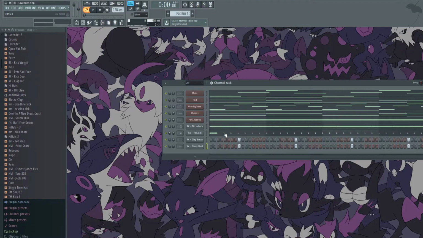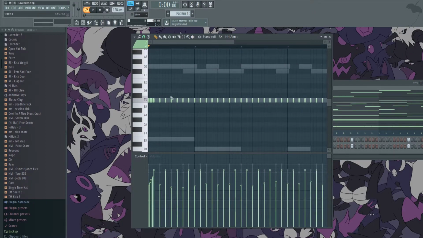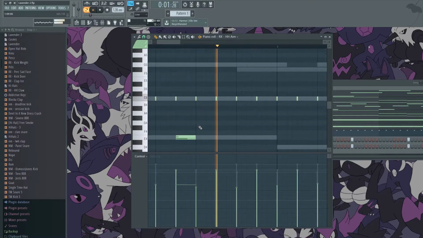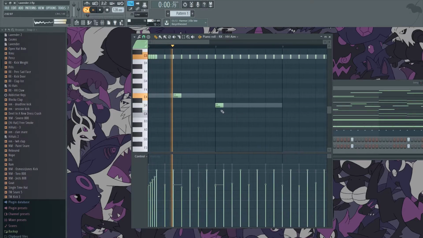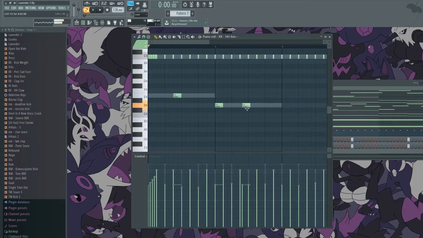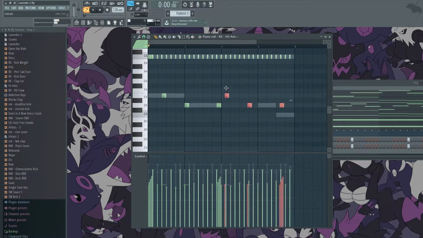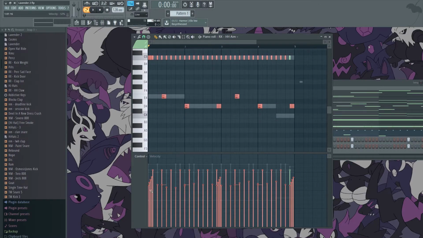So now we're going to put in some hi-hats. So we're going to see where with the hi-hats I feel we could add some stuff in. And I'd rather these be lower velocity so they don't stand out so much. I'd like them to be a bit more subtle. I think we're messing up everything, but